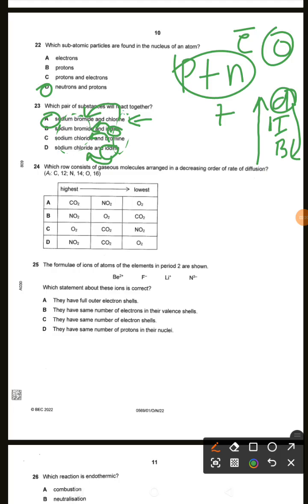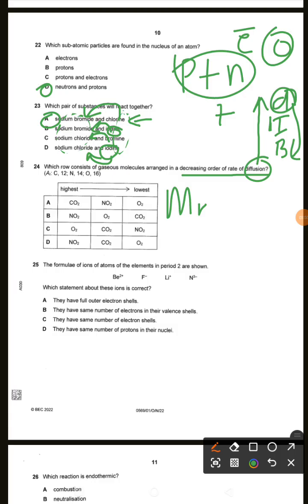Number 24. Which row consists of gaseous molecules arranged in decreasing order of rate of diffusion? Remember, the link between diffusion and molar mass, or MR, is that the bigger the MR, the lesser the rate of diffusion. Okay, so in a way they are inversely proportional. All right, so let's look at our options. A, carbon dioxide,